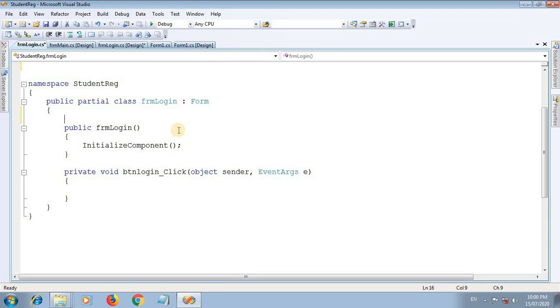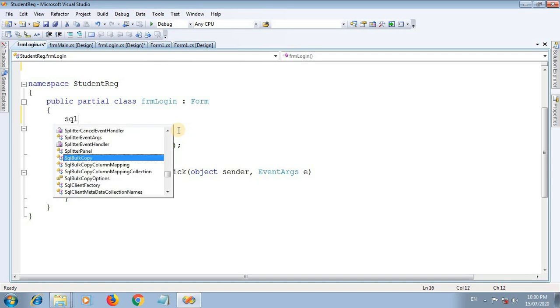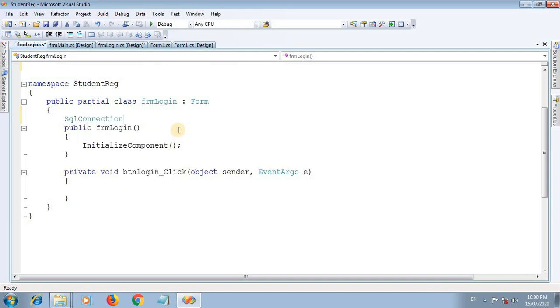You need to establish a path to the database. For this there is a class present, SqlConnection. I am creating the object con is equal to new SqlConnection. This SqlConnection class is used to establish a connection between a database and your project. In the double quotation marks you need to pass a connection string.